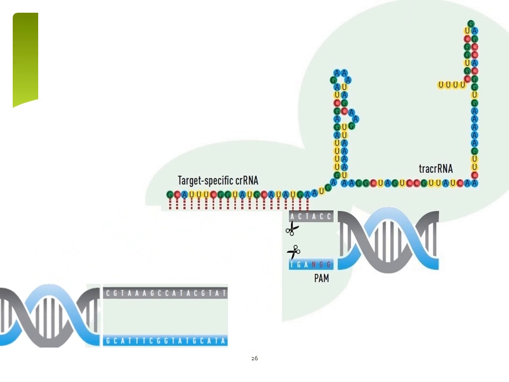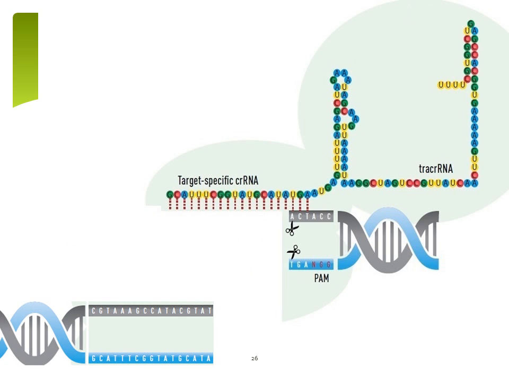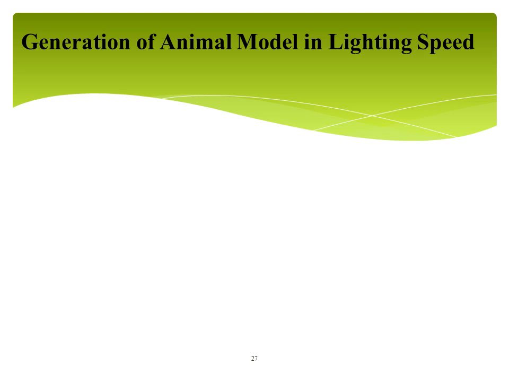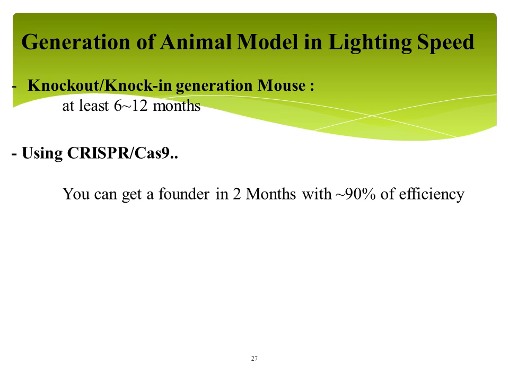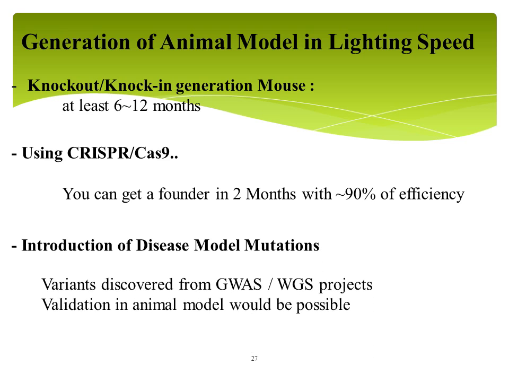Binding of tracrRNA, crRNA, and Cas to a specific site of the genome leads to double-strand breakage of the targeted site of this genome. Cas9-induced double-strand breakage may lead to either non-homologous end joining or homologous recombination. Non-homologous end joining is more common and usually causes insertion-deletion mutations, which eventually leads